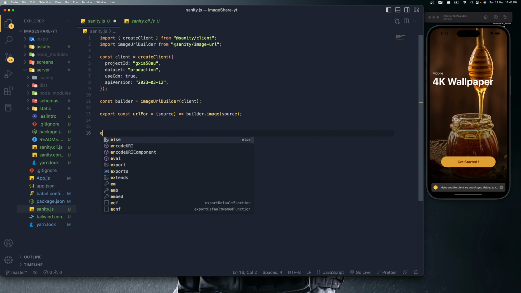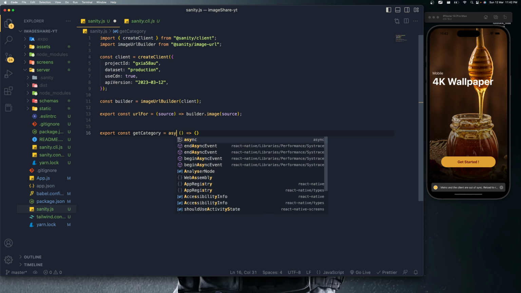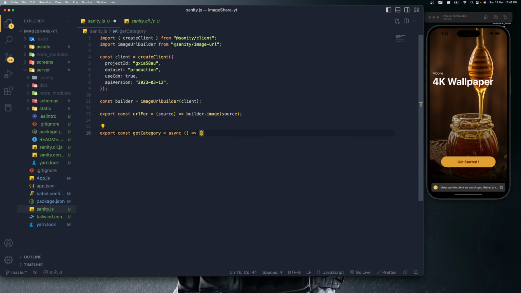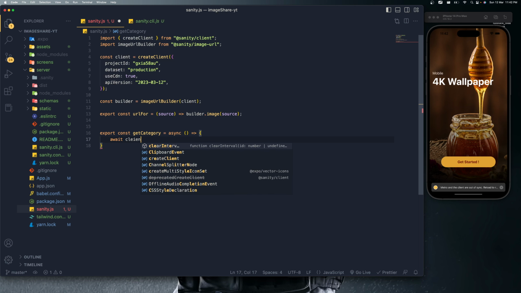So here we're going to write export const getCategory. Let's say this is the function which helps us to get the category, equal to an arrow function, and this function is going to be an asynchronous function. Inside this, we need to fetch the data by executing the query. So I'm just going to say await client